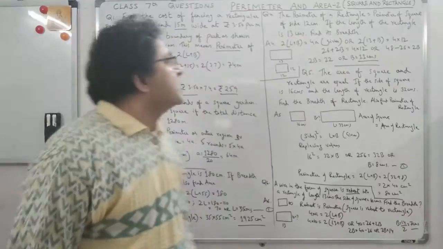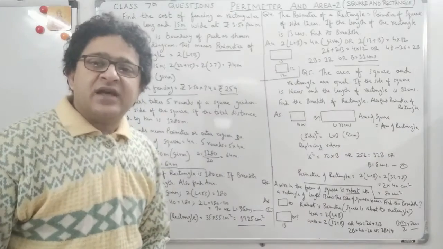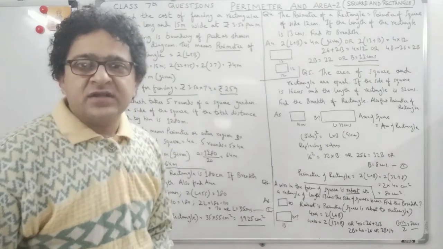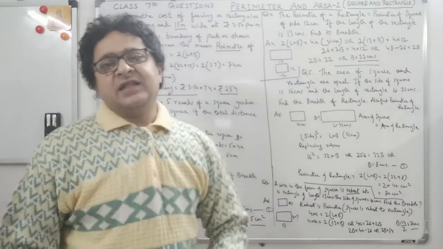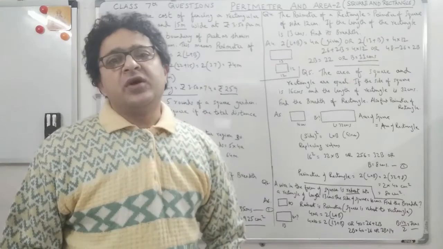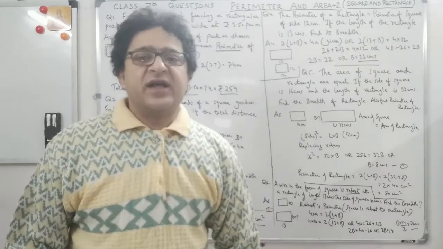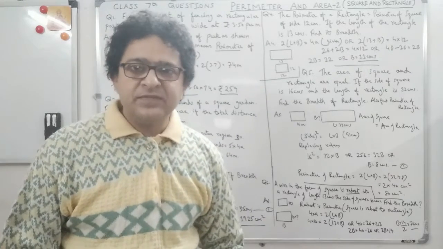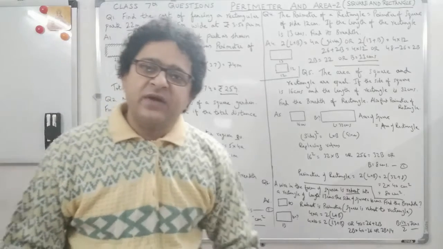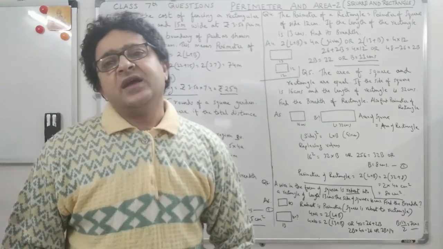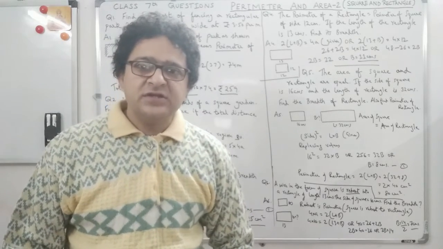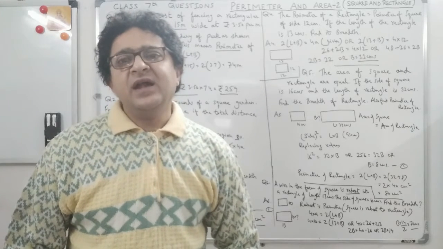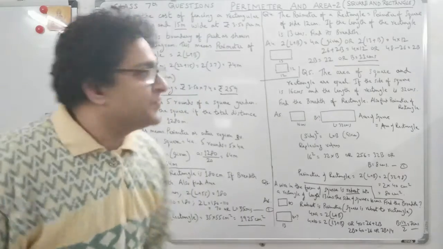We have questions on perimeter and area for square and rectangle as the first video, and we'll also cover the area of 4 walls. Another video will be on perimeter and area of circle and triangle, and also on parallelogram. So there will be 3 videos. The first video was concepts, the second video will be perimeter of square and rectangle, followed by area of 4 walls, and then the third video will be triangle, parallelogram and circle. So let's get started now.